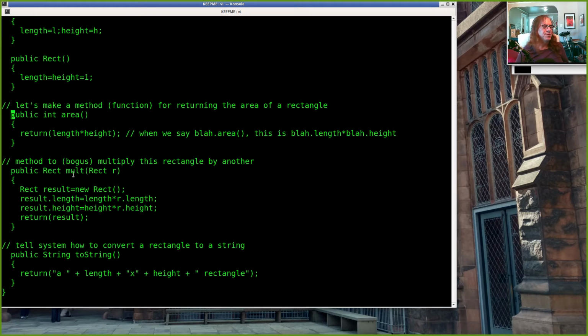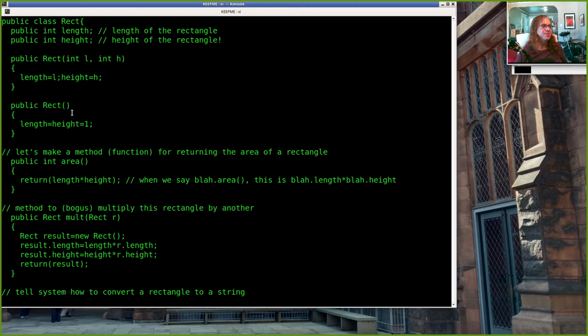I mean, here's a method called multiply, and we can call it by just saying multiply. Here's a method called area, and we can just call it by saying area. There's absolutely no reason or need to make a method static if you're going to call it. The only time you need to make a method static is if you're defining it inside. If you're calling it from a static method, then it has to be static. But if you're calling this from